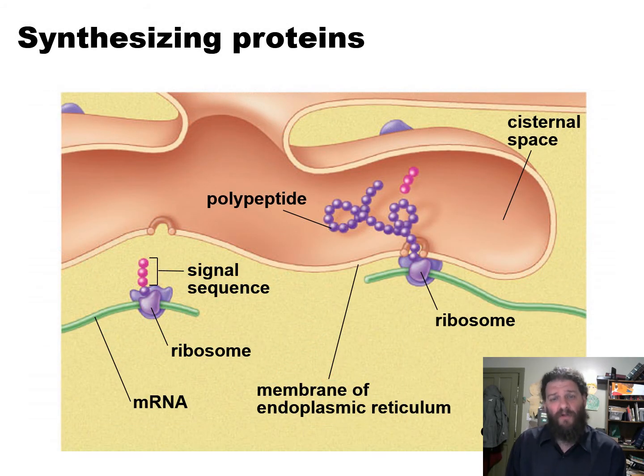To look at it a little bit closer, here you can see a ribosome that's starting to make a protein, and that protein has this little signal sequence on the end. It's the signal sequence that's going to allow this complex of messenger RNA, ribosome, and growing signal sequence to dock with a pore here in the endoplasmic reticulum, and then that polypeptide is going to be grown right